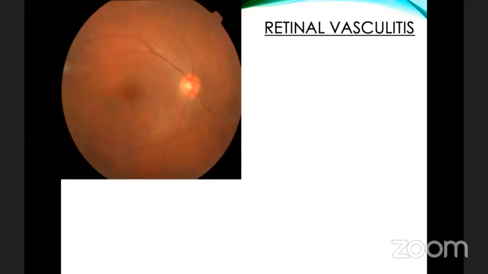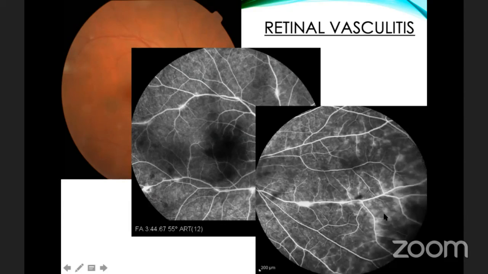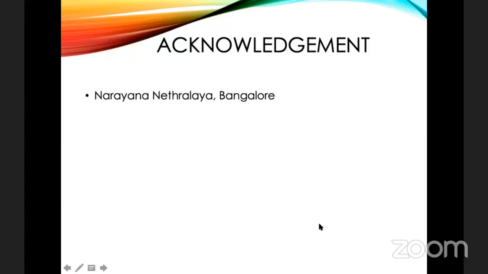So this is a case where there is a vitreous haze, and we proceeded on with FFA. We can see the perivascular staining here at multiple places, and then we see leakage in the periphery, and the non-perfusion areas. All these areas need to be lasered over time. So these are the perivascular stain, and these are the non-perfusion areas, and we see there is a leakage when the vessel traverses over the non-perfused area. So thank you.